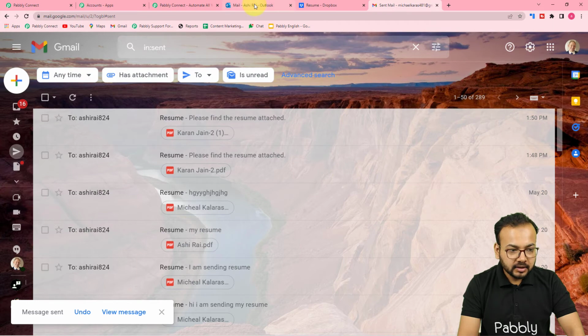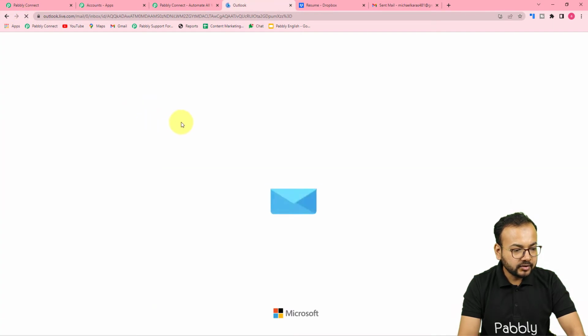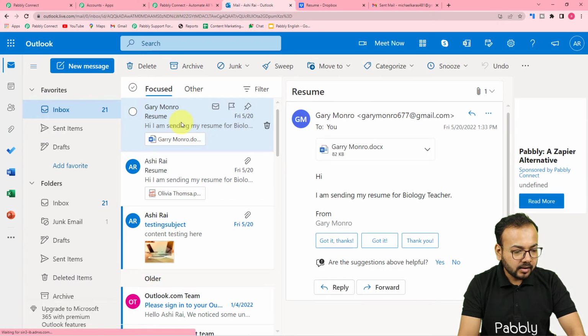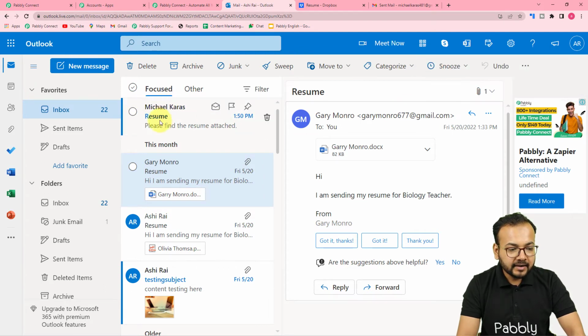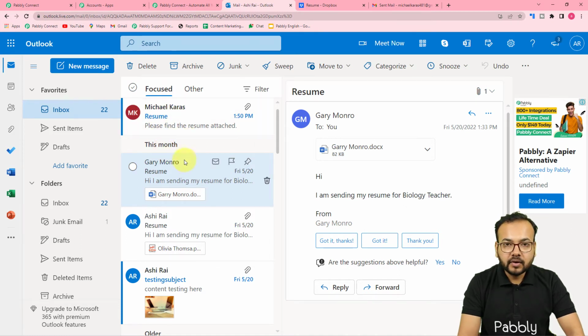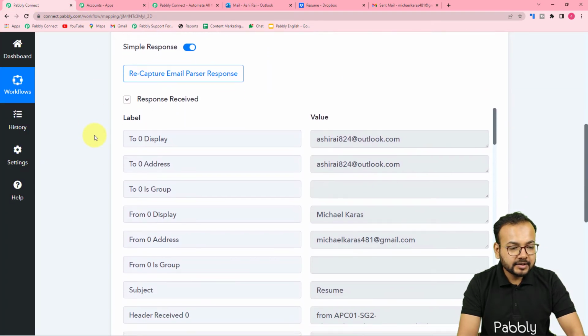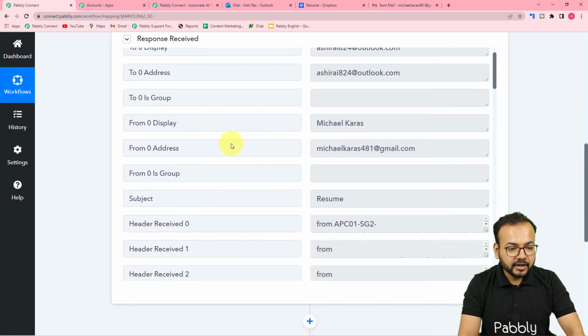Let's check in the Outlook account if we got a new email. So I'm refreshing the inbox, and you can see we have received a new email from Michael Karas with resume as the subject. Okay, and let's check in our workflow if we got the data of this email forwarded to our parser or not. And you can see in this response we got the data of the email forwarded here,